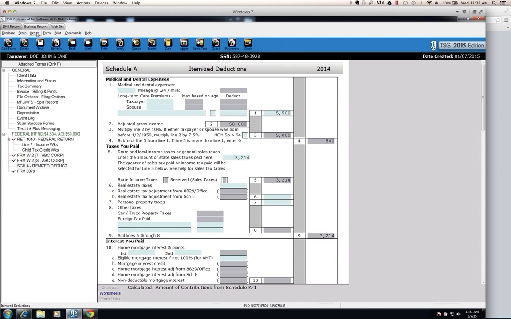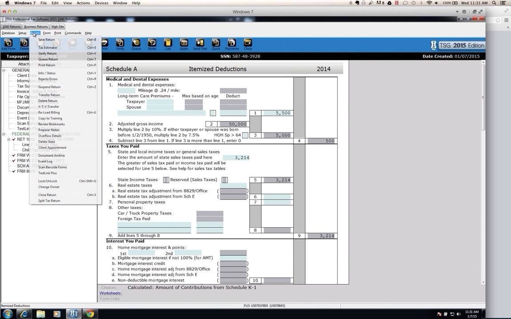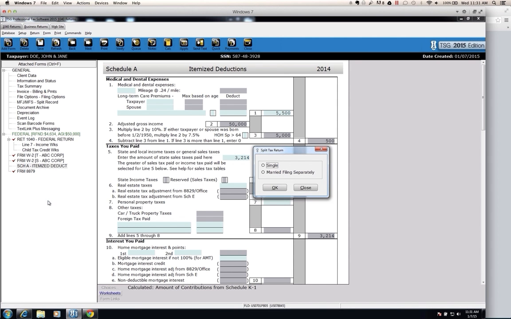Now, here is where we're going to save you guys a lot of time and effort. We're going to come up here to return. And we're going to come down all the way in the bottom. It's the last one because it's probably the last question that we want to hear. Right down here, split tax return. So if this question does come up, all we have to do is go ahead and click on split tax return. And it's going to ask you if you want to split it so that both of them are single,